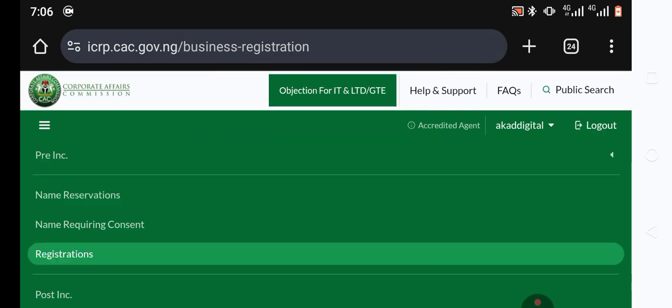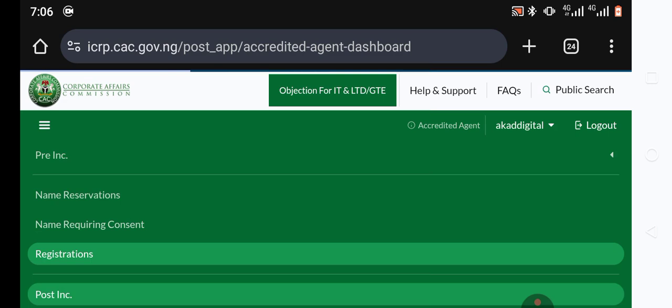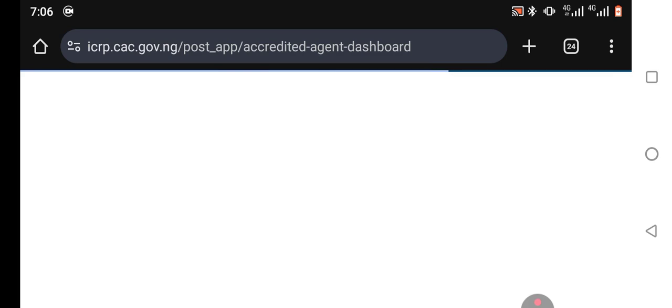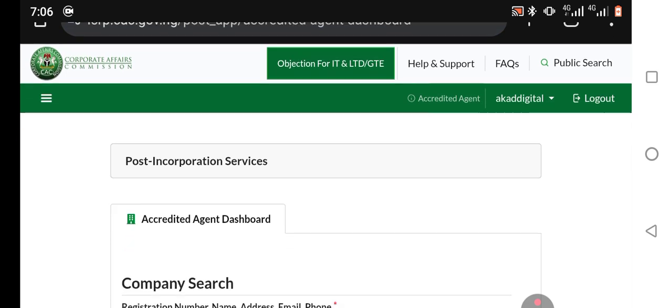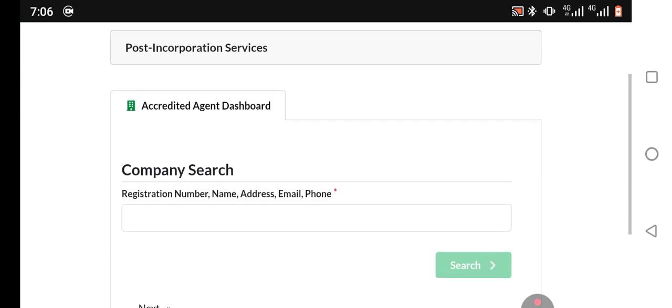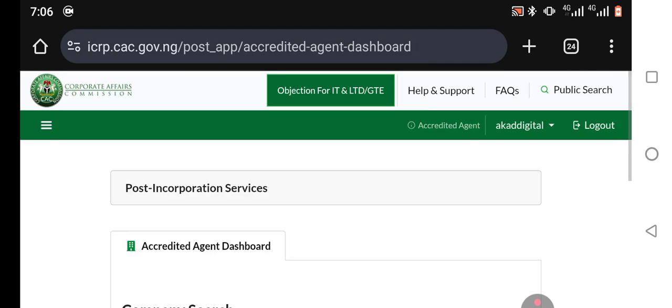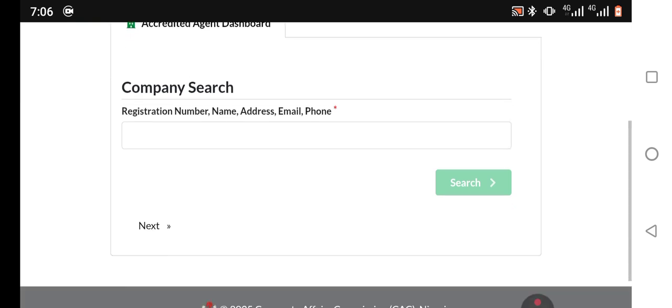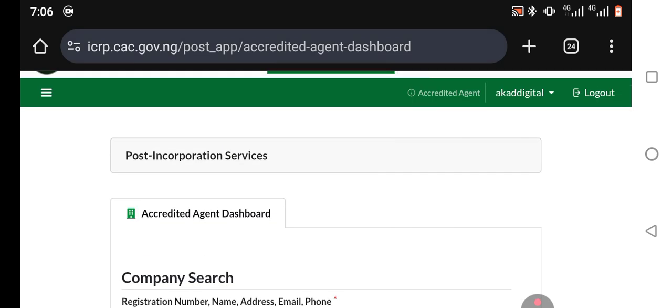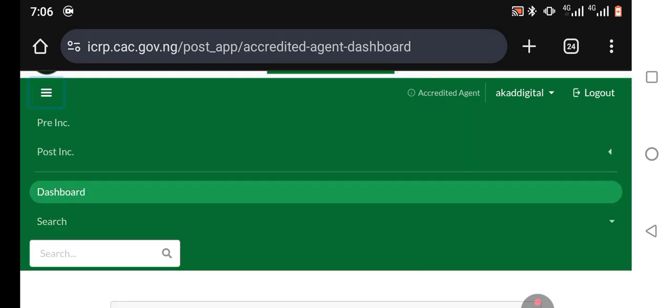Then we have the post incorporation section as well. As you can see, here is the post incorporation section. By simply typing in the name of the company, the email address of the company, the phone number, or the RC number, or the BN number, you can get the information here. Having said that, let me go back to our